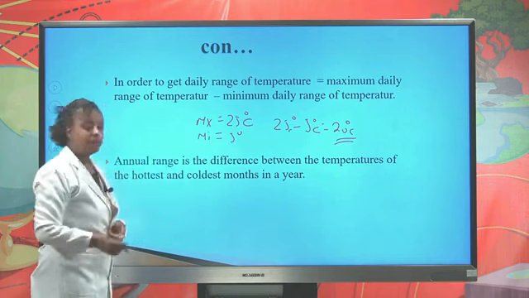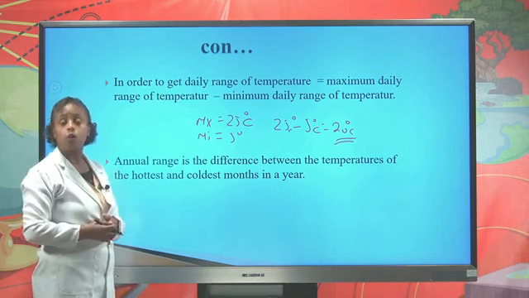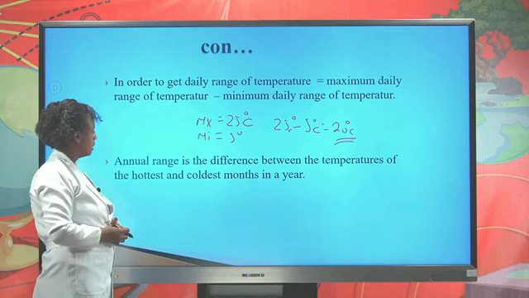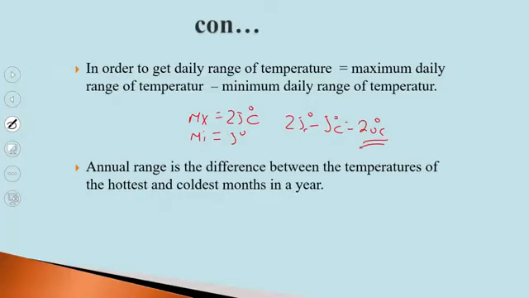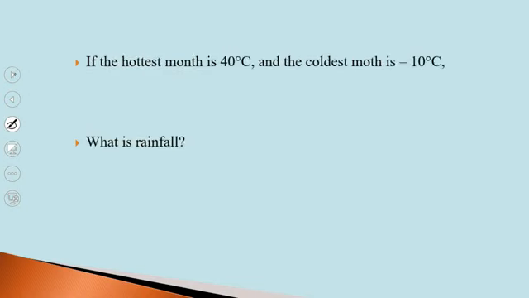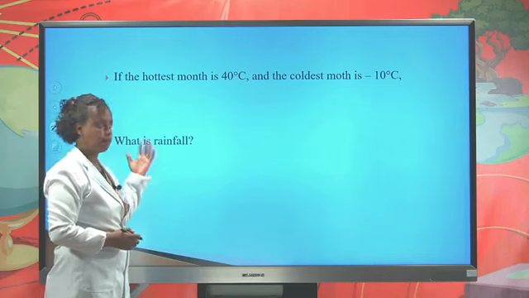Annual range is the difference between the temperature of the hottest and the coldest months of the year. Annual means year, range means difference. So in order to get the annual range of temperature of a year, we have to subtract the coldest month from the hottest month. For instance, if the hottest month is 40 degrees Celsius and the coldest month is negative 10 degrees Celsius, so in order to get the annual range of temperature